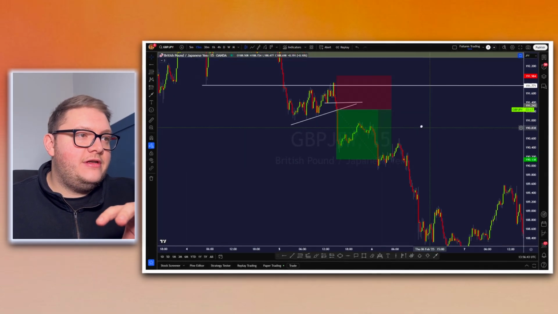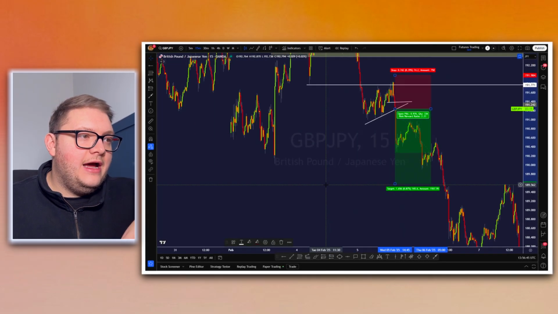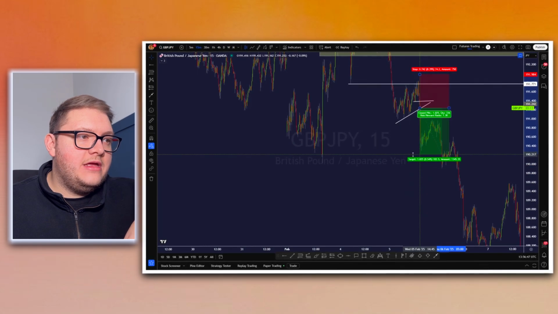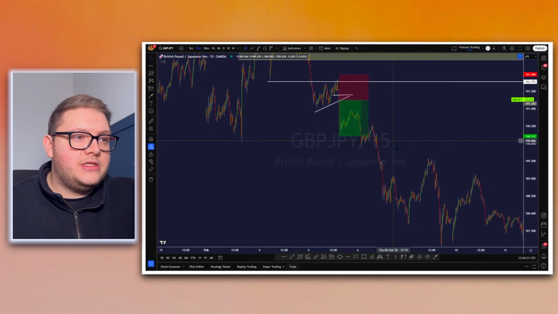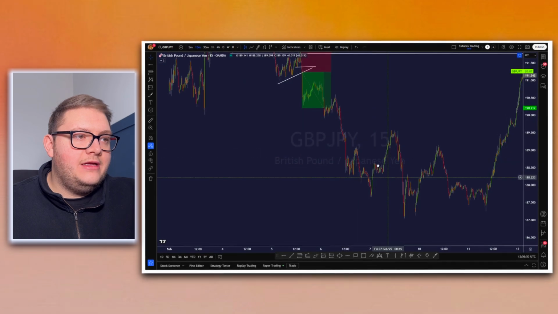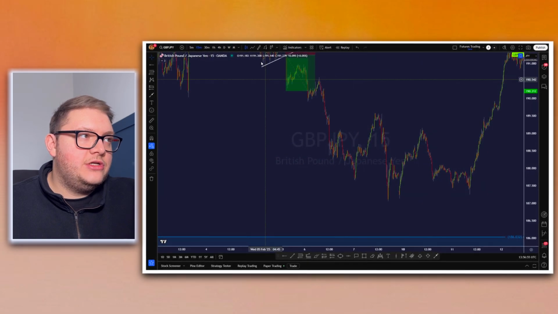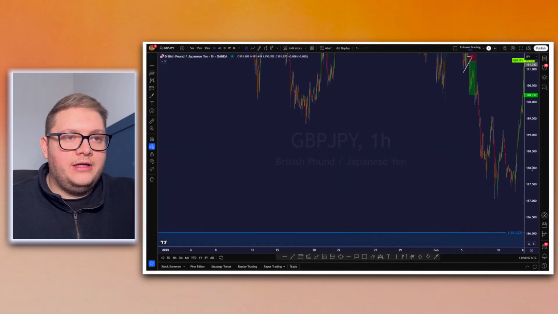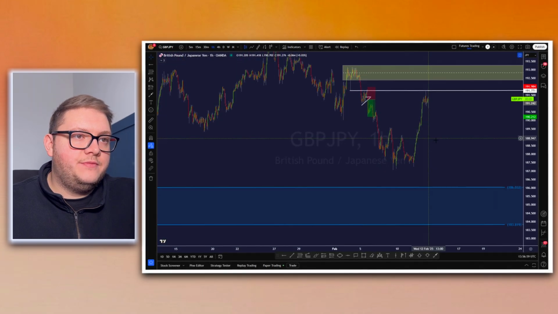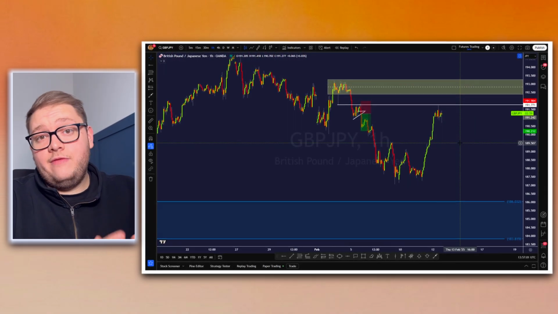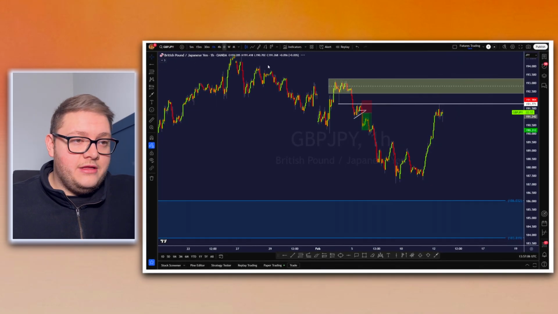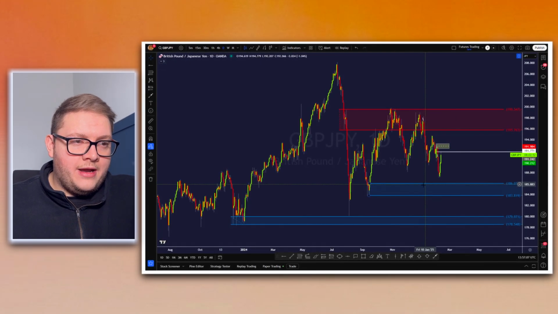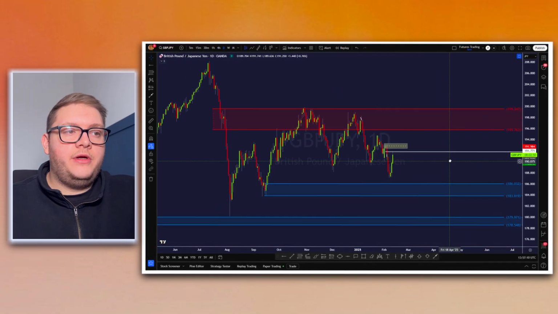Once everything is lined up, that would be my entry point, and I'll be looking to target, one would be a major level of support, and then I'll be looking to drag my stop loss in line with these lower highs essentially, and I'll probably be managing it more on an hourly chart at that point. So I'm looking for pound yen opportunities to the downside. Target wise, I like the idea of going towards this 186 handle,